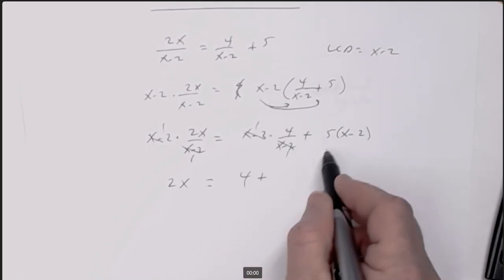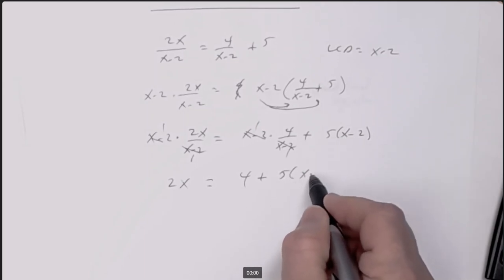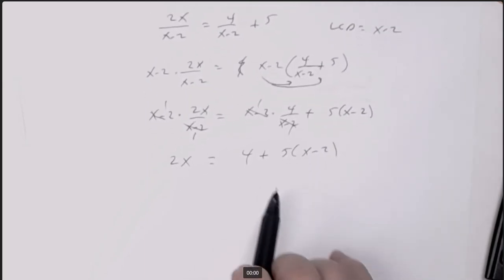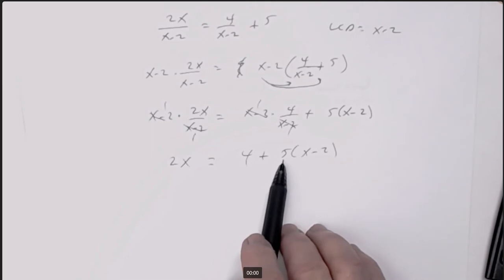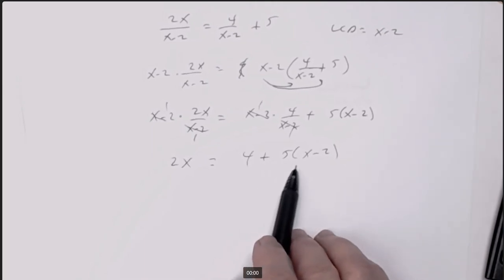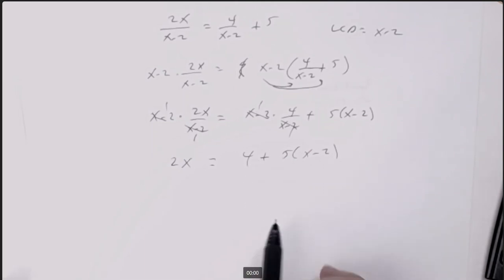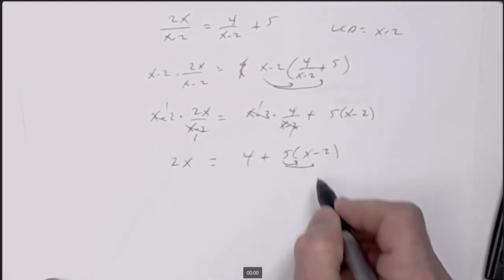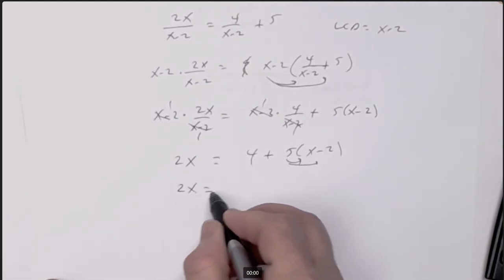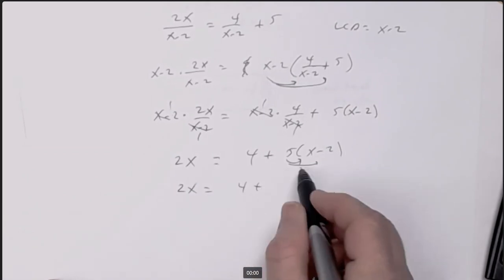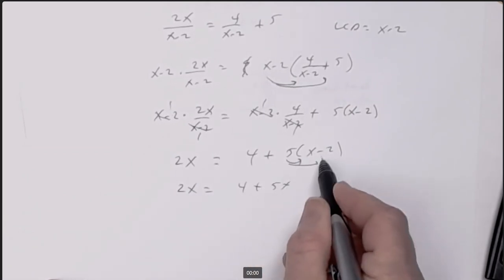Now, just like we mentioned a while ago, some students are going to make a mistake. They'll say 4 plus 5 is 9 and then distribute the 9. Remember, you got to do multiplication before you do addition. So you have to distribute first. So 2x equals 4 plus 5x and then minus 10. Combining like terms, 4 and a negative 10 is a negative 6. I get 2x equals